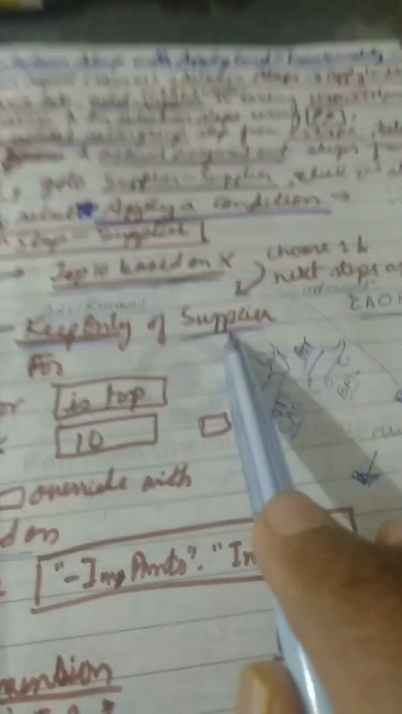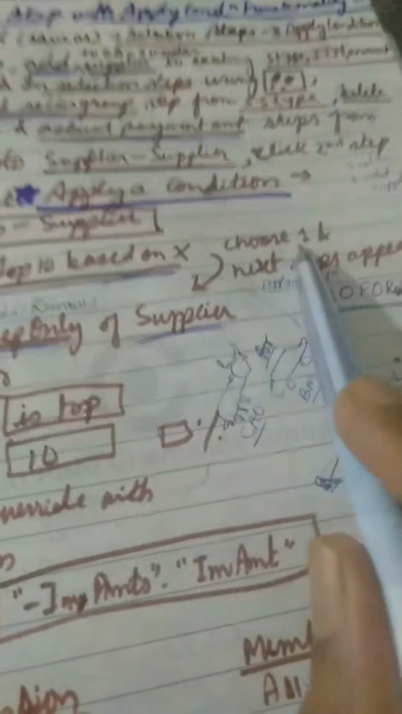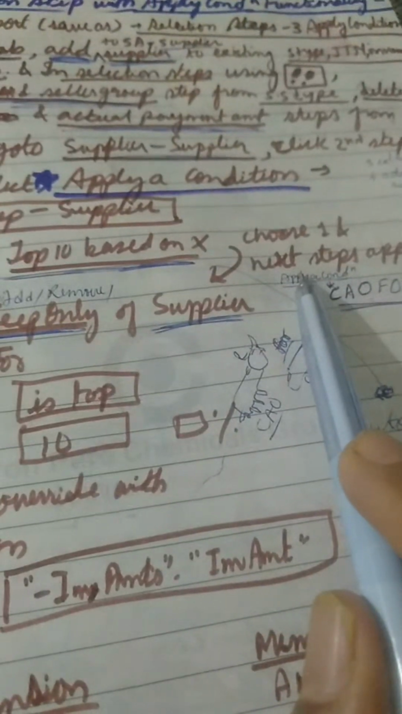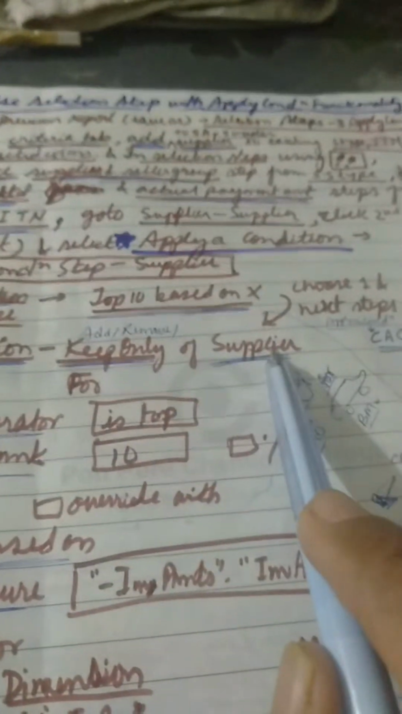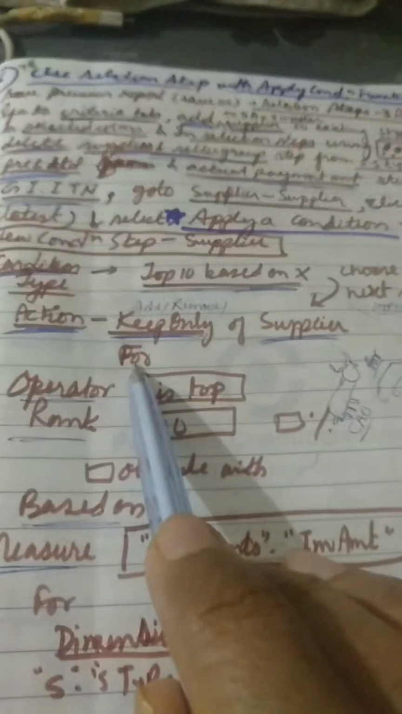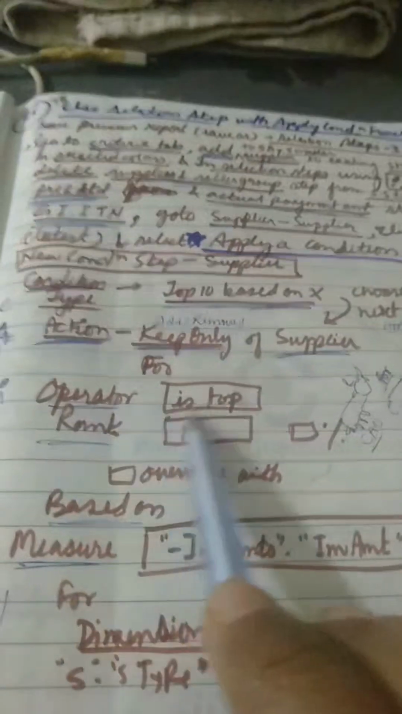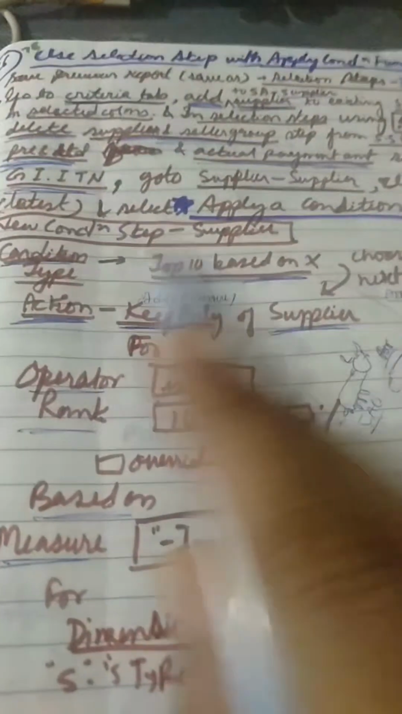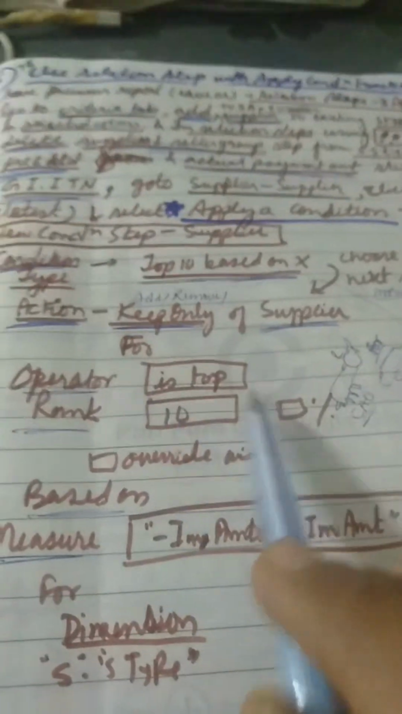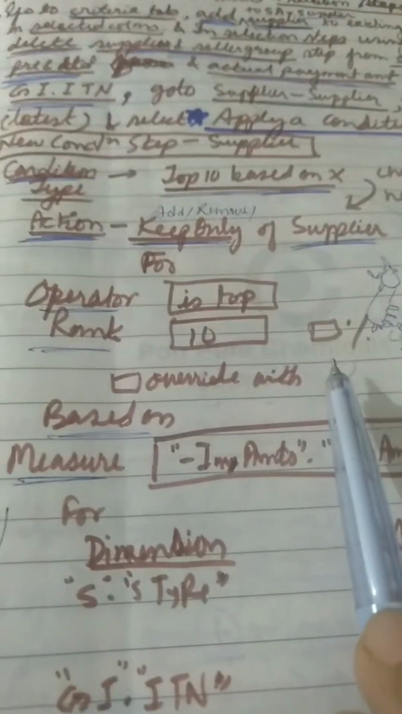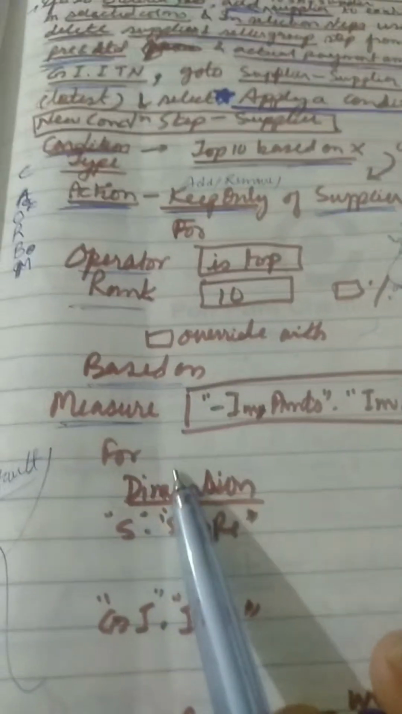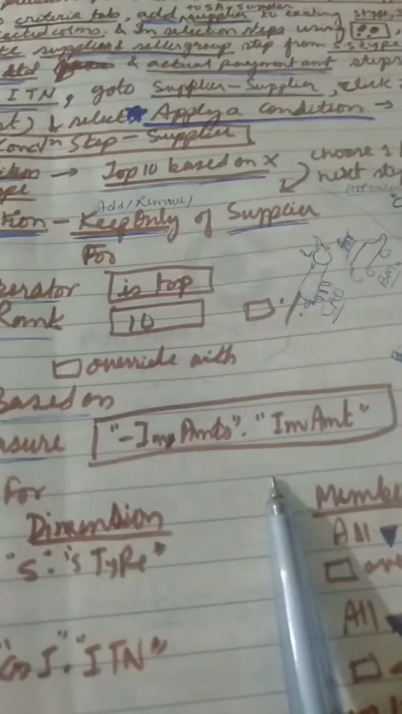Here I can select anything. You have to choose any one here and the next step will appear. For operator it is top, because this is taking it as top 10. So operator is top, rank is 10, you have a percentage symbol as well here. For override with based on, you have measure columns as invoice. So based upon the top 10 values,